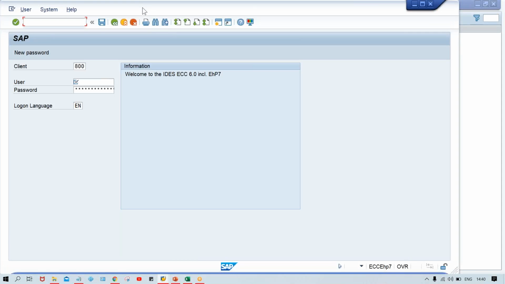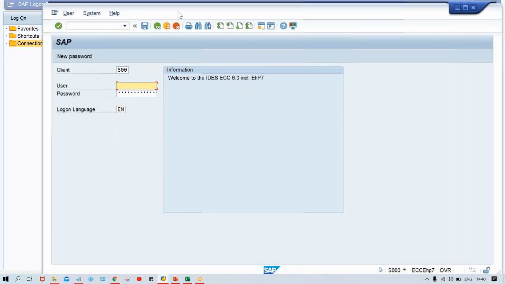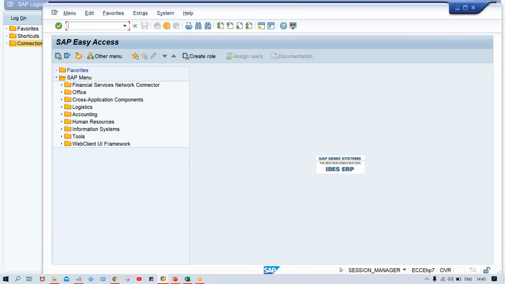And in the previous session, if you are able to remember, let me give the user ID and password. Okay, so how to define, guys? OB29.